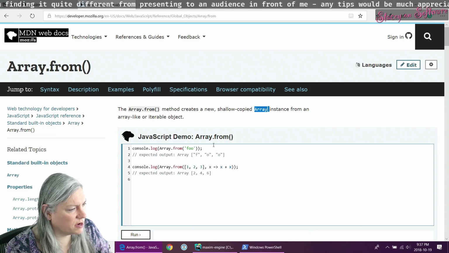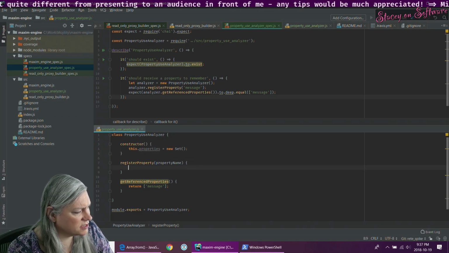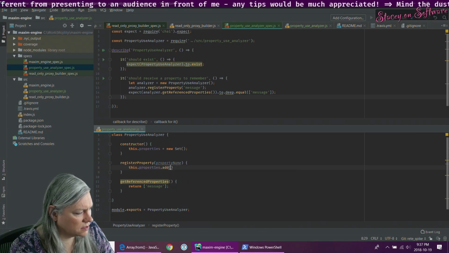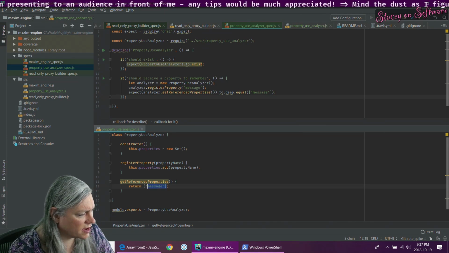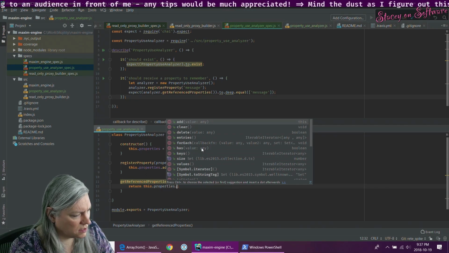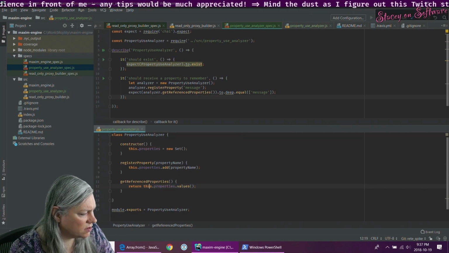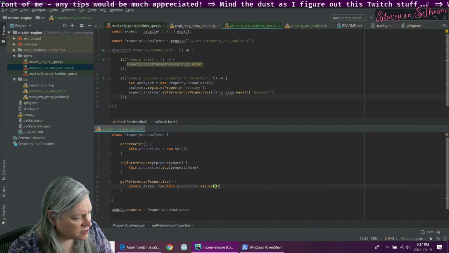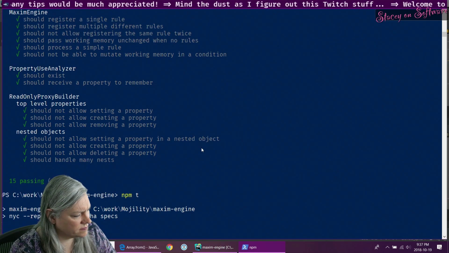That sounds like exactly what I want. So we're going to have a new set, and we're going to put properties in the set. And when we're done, we're going to echo them back. I'm going to get values. That's a method, and we're going to get an array from that set of values. That just might pass. Yeah.